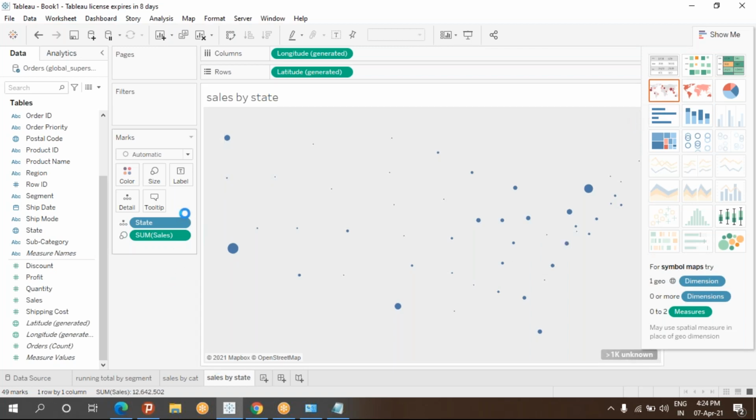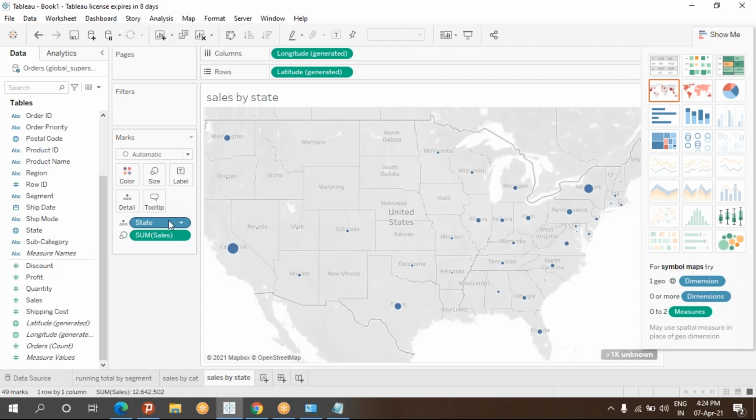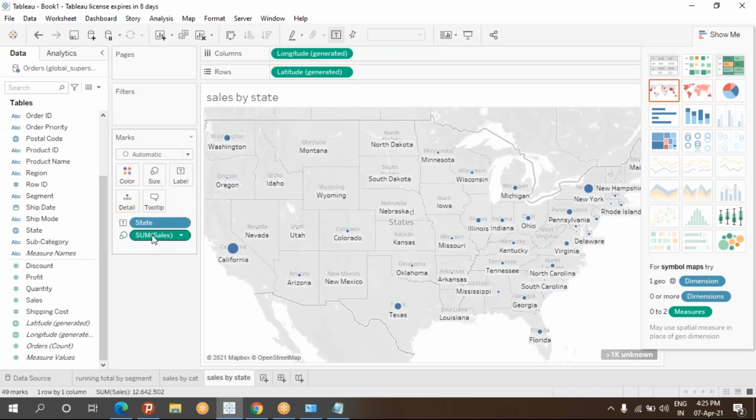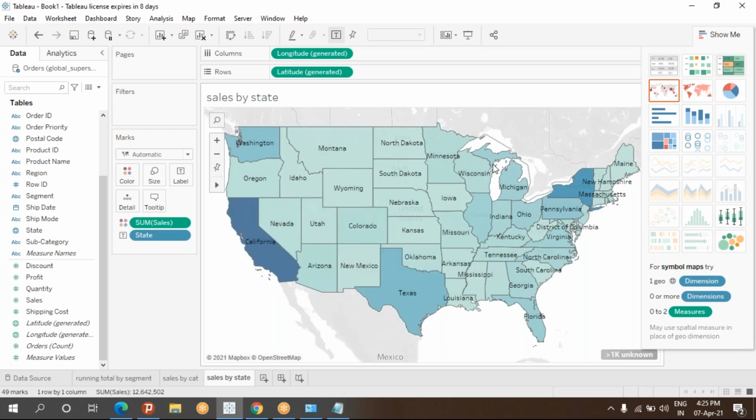Now state has been taken for the details. Let us change that one. Yeah, like this. So you have different states. As of now, just names is enough for us. We don't want the sales amount. If you want, you can drag and drop that into the label or the details, where we'll get the zoom of that. As of now, this is fine for us.